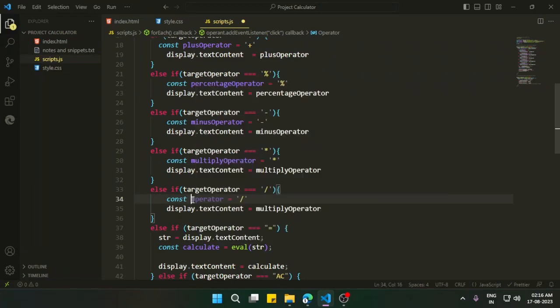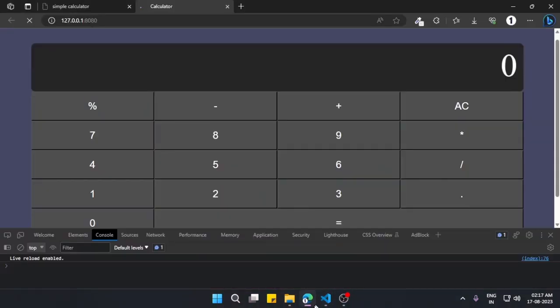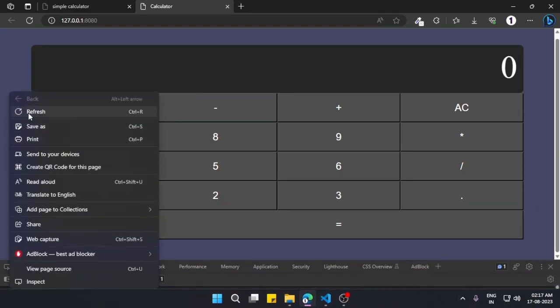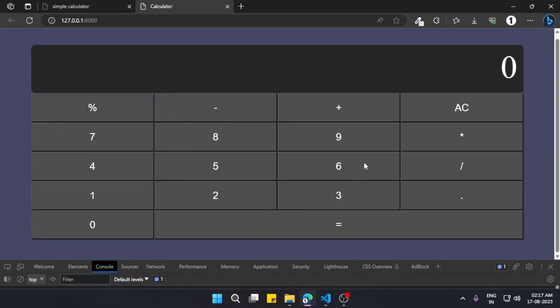So this is going to be divide operator, and this should also point at divide operator. And this extra line here, cut that. And now we have pretty much stated for every situation. So if we calculate here,